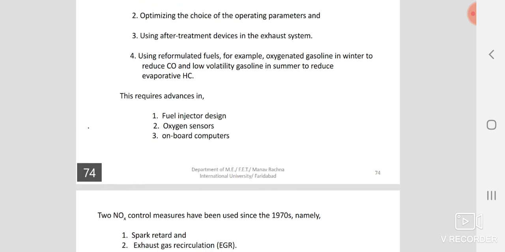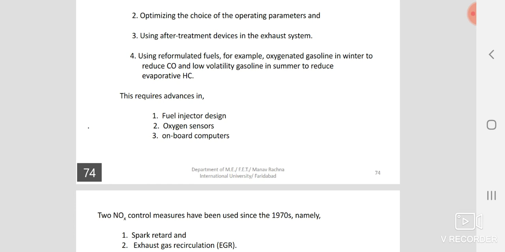Onboard computers make the total car system computerized, which senses everything and gives a signal to a particular part to work accordingly. For example, the oxygen sensor senses oxygen. If the oxygen is less, it gives a signal to the computer. Computer gives signal to carburetor. Carburetor controls air fuel mixture accordingly to increase the oxygen. That means it sends a leaner mixture as compared to rich mixture when the oxygen quantity drops.